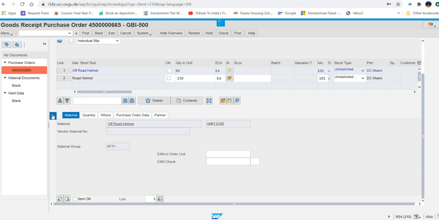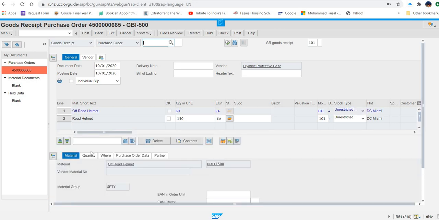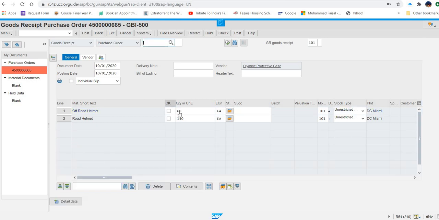And what they are asking, minimize this item detail data. So we just minimize it. So you can see now this row is available. It's enabled. So this is a trick. Sometimes it happens. Mentioned in the exercise also.